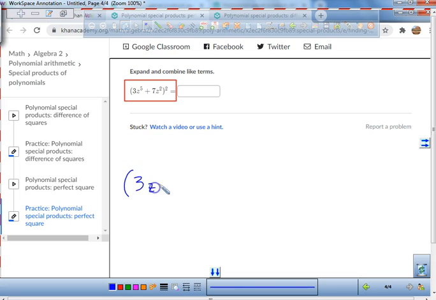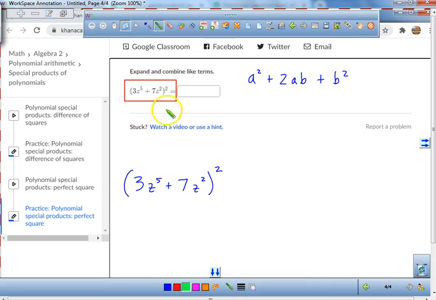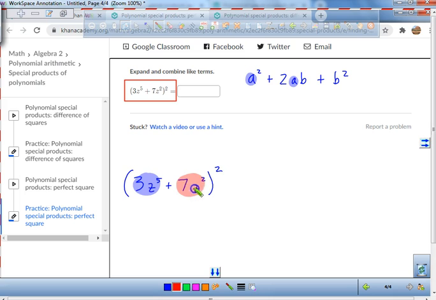3z to the power of 5 plus 7z squared, and that's being squared. Just remember, it's always going to be a squared plus 2 times a times b plus b squared. You're like, well, what the heck is a and what the heck is b? That's what I'm about to highlight. This is our a value. Okay? This is our b value. So there's our b value